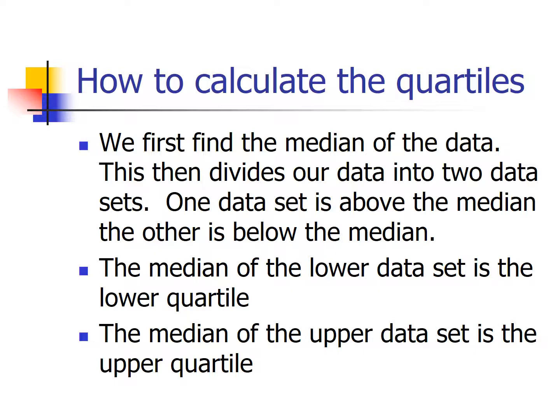For our upper dataset, that ranges from the 50th percentile to the 100th percentile. What's between 50 and 100? Well, it's 75. So the middle, right? The middle of that upper dataset, the median of that upper dataset, is the 75th percentile. That is, finding quartiles is no different than the sequential process of finding medians.